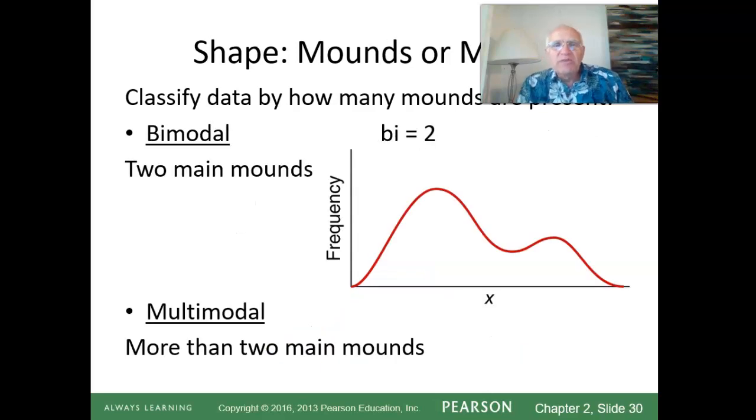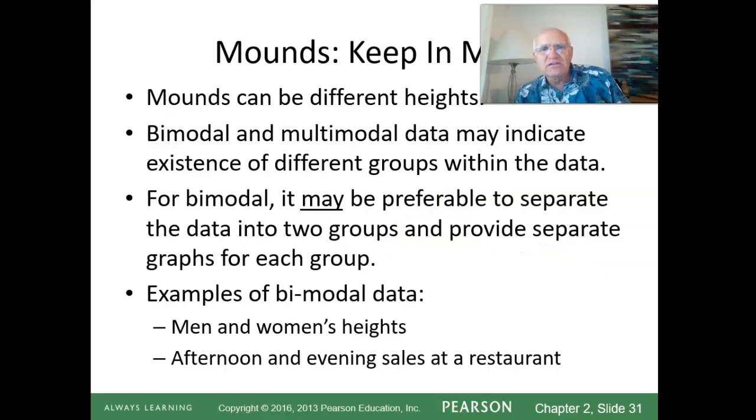And when we have more than one peak, like if we had 2 peaks, we'd say it's bimodal, meaning that there are 2 frequently occurring values. Now, a mode means a peak, basically. So that's why we use this bimodal and multimodal designation. So if you see something that doesn't tail off smoothly in one or both directions, then you'd say, well, that's bimodal or multimodal, depending on how many peaks you see there, or mounds as we're calling it here on the chart. So they can be different heights, so you still think of those as modes. Technically speaking, the mode is the most frequently occurring value, but the idea here is that we're seeing more than one